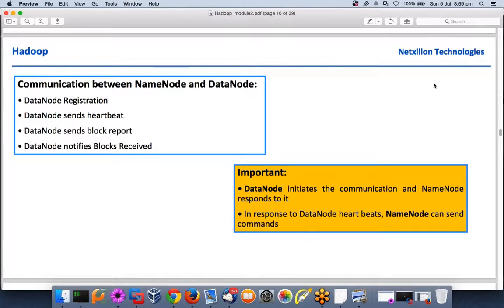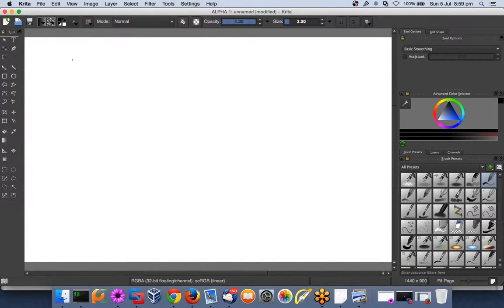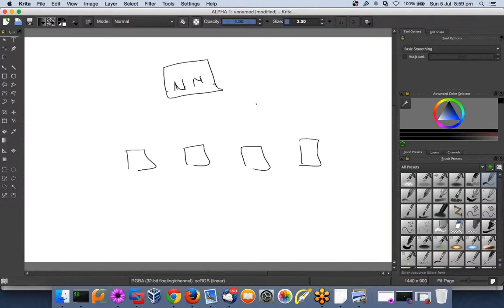How the communication happens between a name node and a data node, right? Let me explain it on the whiteboard. Let's say I have a name node. I have a data node, right? First of all, what I will do,